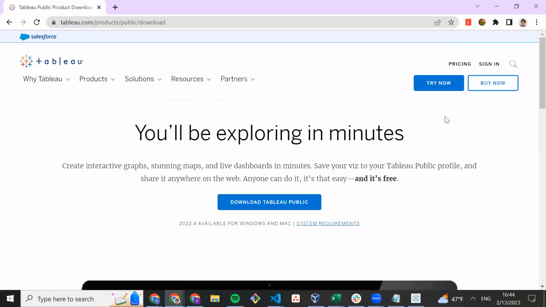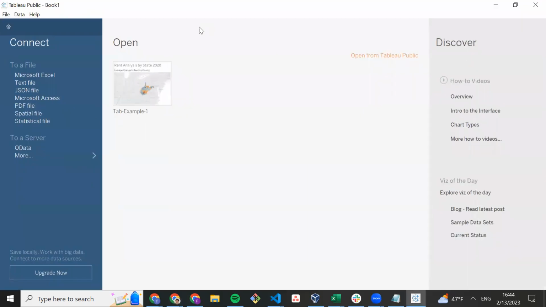Once you get Tableau downloaded and open it up, you should see the following window. It's very Microsoft Excel, very Microsoft Docs-like. We have some options to connect specific files to our Tableau interface. In the middle, we'll see our previous Tableau projects. If you've just downloaded Tableau, you should see nothing. On the right, you'll be able to discover some tutorial videos if you'd like to dive even deeper into Tableau.